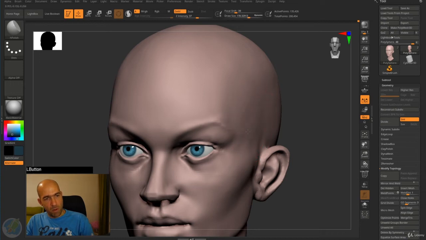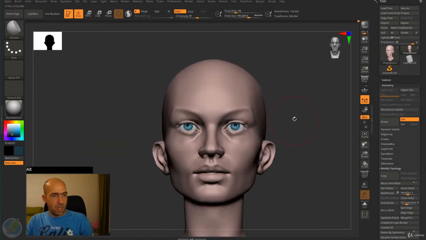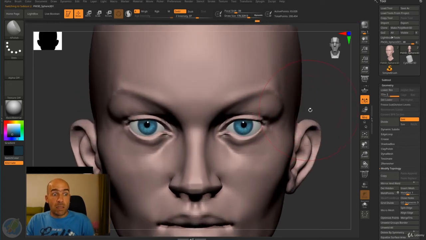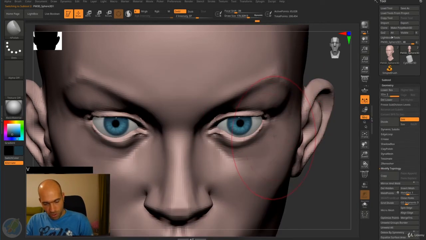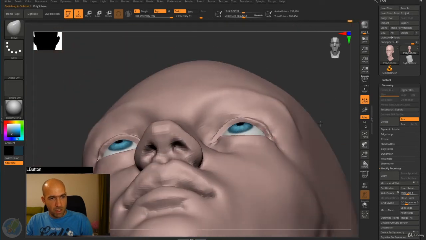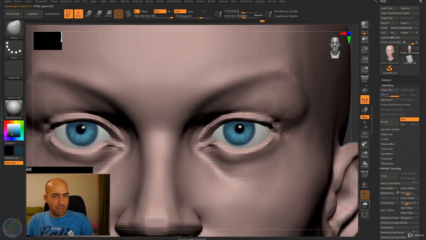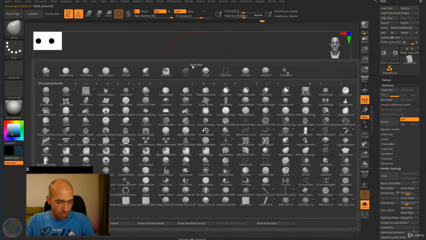So BHP, the high polish brush, make it smaller, polish this area here to make it a bit more flat. And probably what we could do is, sometimes the eyes look like they are very, you know. So BMV for the move brush. And then not the eye. The eye we shouldn't move in any case. So move this, and we should go to the eye itself, solo mode, and then go to our standard brush. So BSJ,